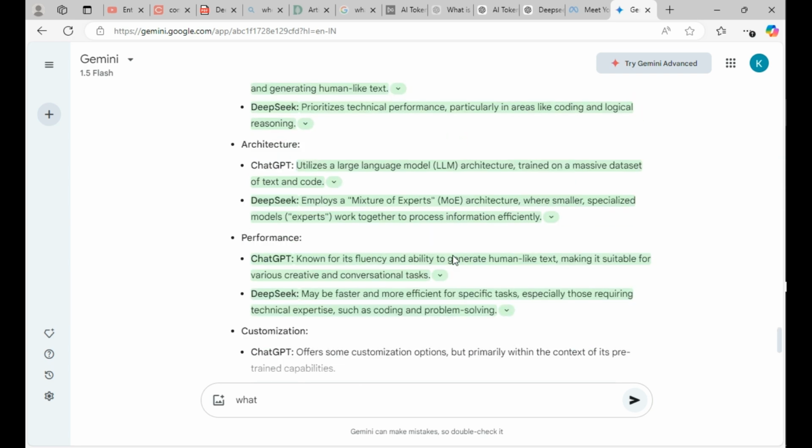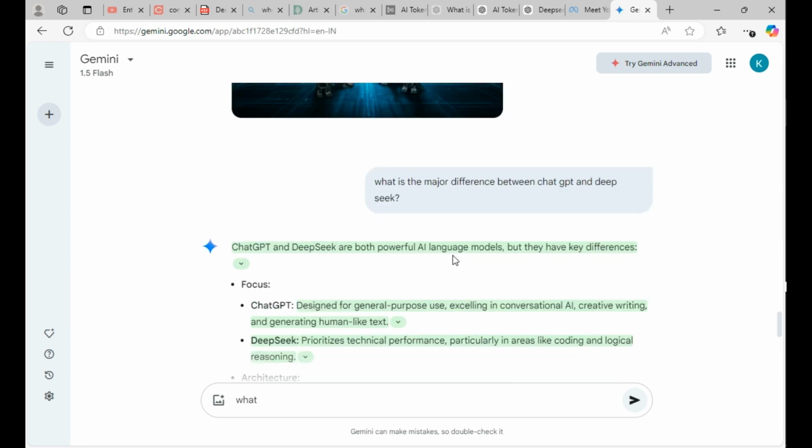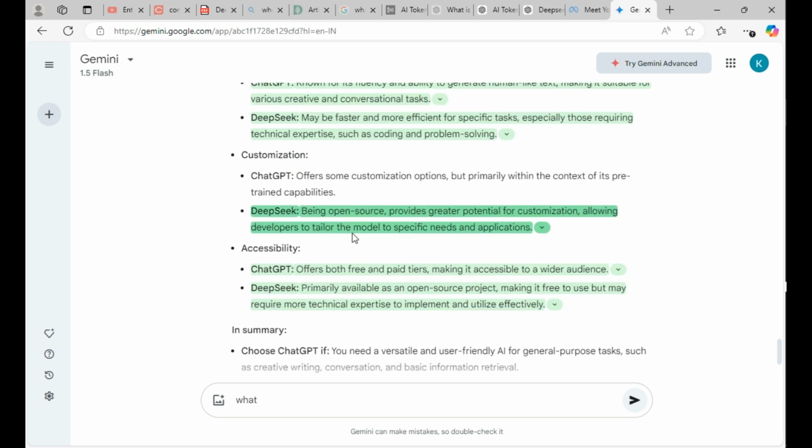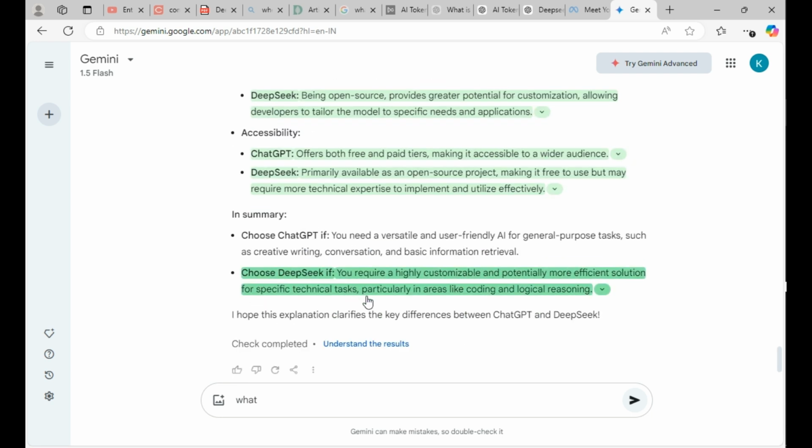Let's take a quick look at this right here. What is the major difference between ChatGPT and DeepSeek? I think that's a question you should ask. One thing that I've realized is that when you break it down and go into the summary, it literally tells you if